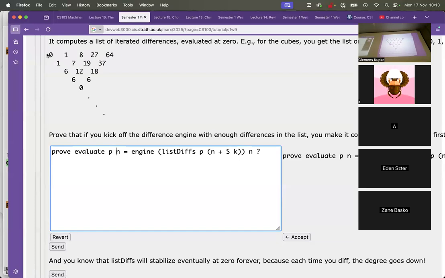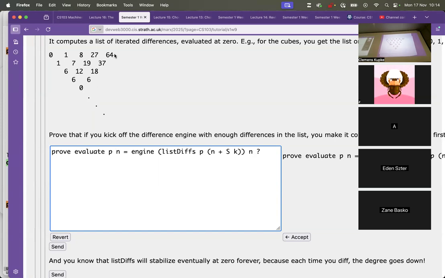So for example, we're generating the sequence from the sequence of cubes, 0, 1, 8, 27, 64, and so on. And you can see that we get 0, 1, 6, 6, and then it falls to 0. So generally, the length of the list you need is one more than the degree of the formula. And what you know about degree is enough to demonstrate that. So we actually built some powerful equipment. Okay, so that's your job